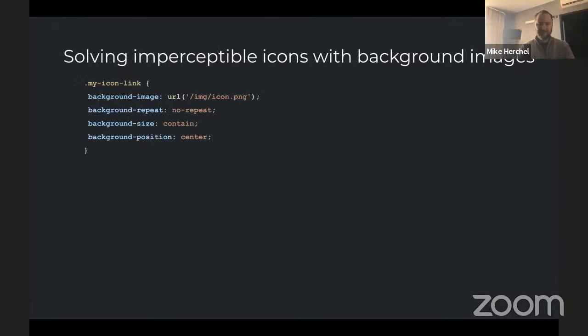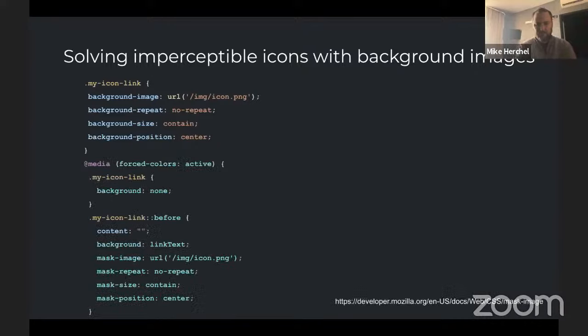Background images. This is one that was a little difficult because we're using a lot of background images within Drupal core, and so we have to get this to work. In this particular link right here, this renders as an icon. We have a background image with a PNG right here, and a lot of people do this. It's pretty common. This icon, the PNG, will show up. It will render, but depending on if it's light or dark, we're not necessarily confident that it's going to show up, depending on the high contrast theme that the user has.